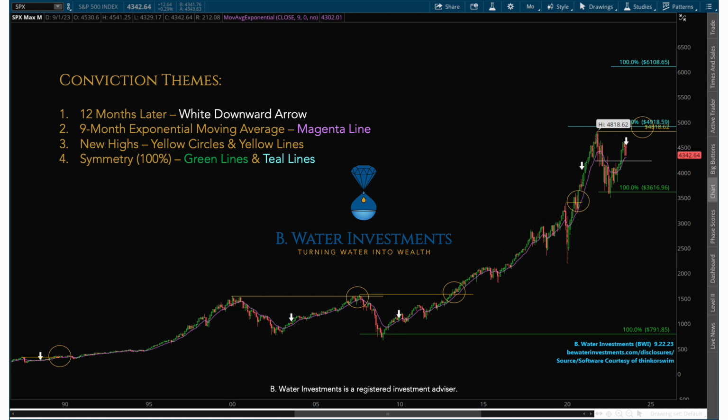BWI's view on the current market condition is that the seasonal weakness that typically plagues August and September and October is not a time period for us to sell all assets and count our chickens before they hatch. Because B Water Investments' view for its clients is that we're here for the long term and that we just left a tremendously rigorous and aggravating bear market where the downside moves were choppy and caused a lot of questions about what is support, what is resistance, will the market move lower, is this the bottom?